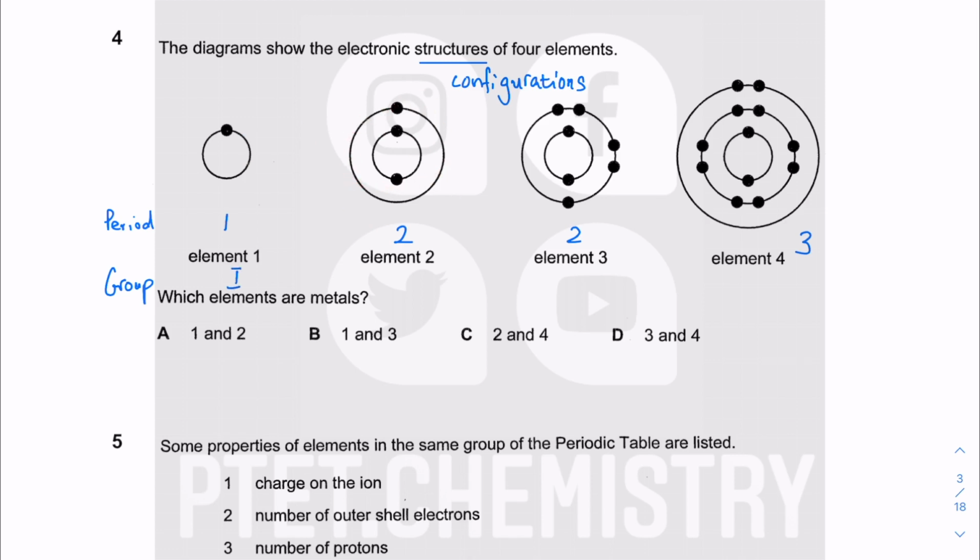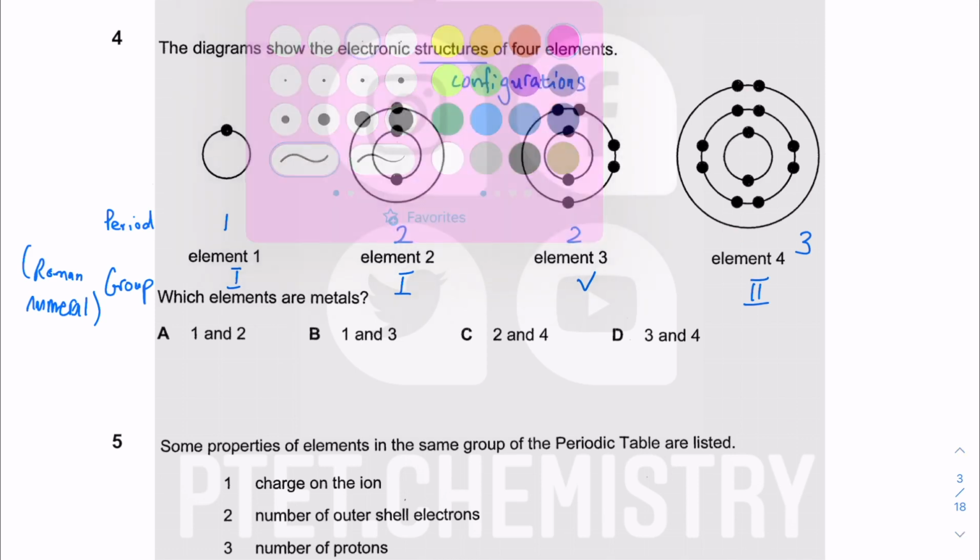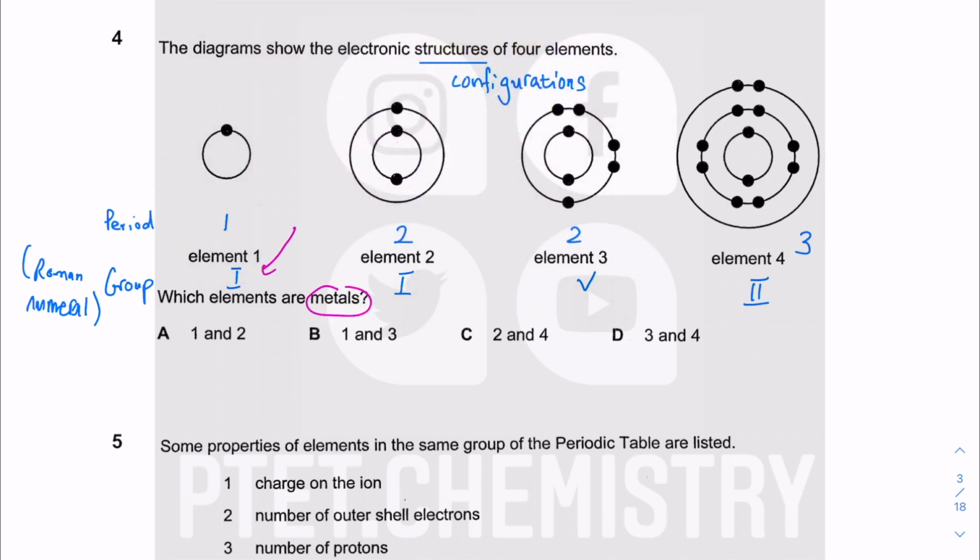Okay, sorry, I should really use Roman numerals. I use Roman numerals for my group number as given in the periodic table for free, by the way. This one is 1, 2, 3, 4, 5, so this is group V. Here this is 1 and 2. There are no other electrons in the valence shell, so it's group II. Now they're asking us which of the elements are metals. Group I